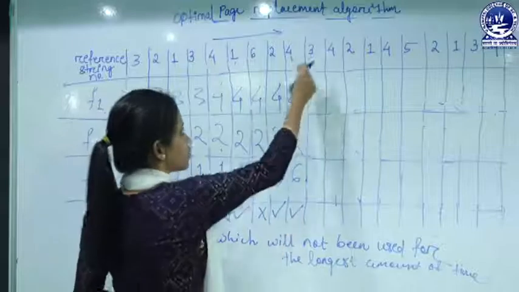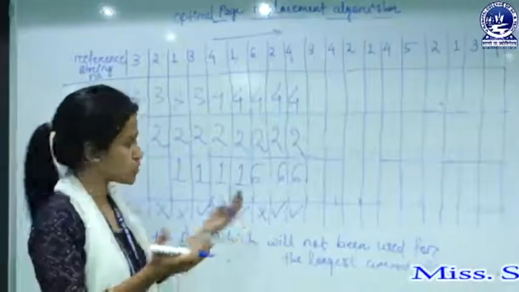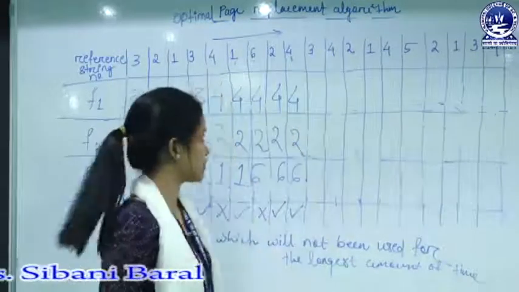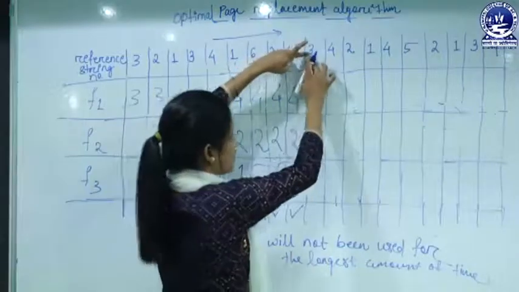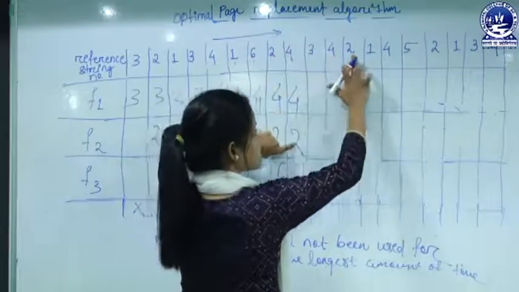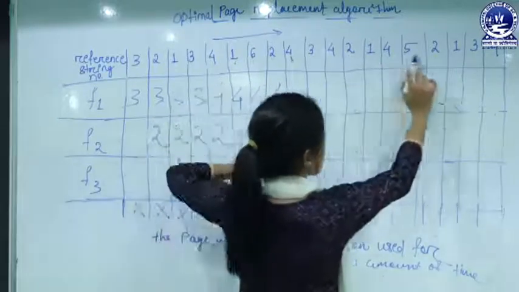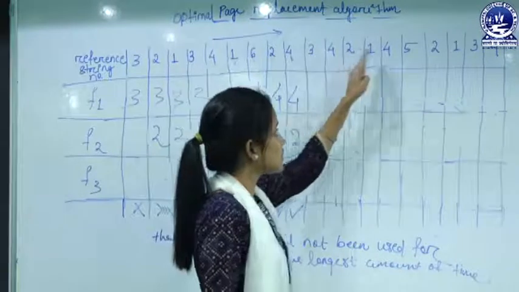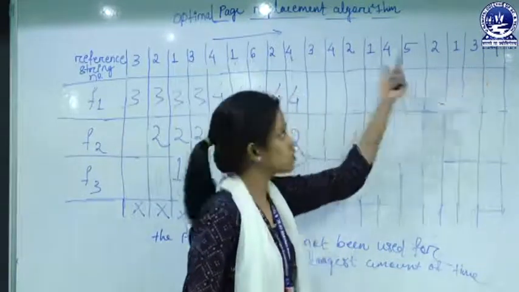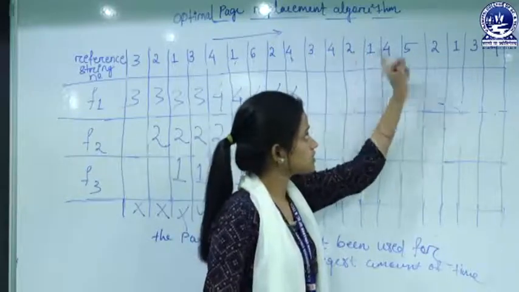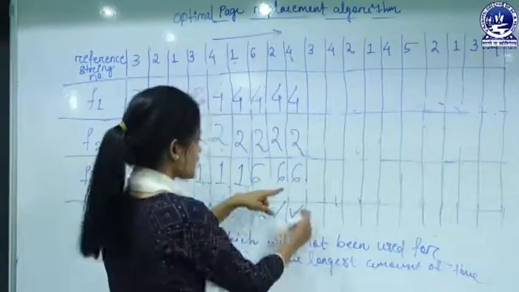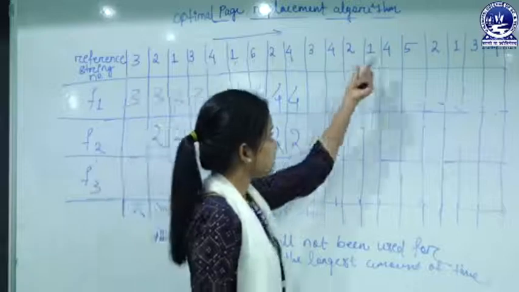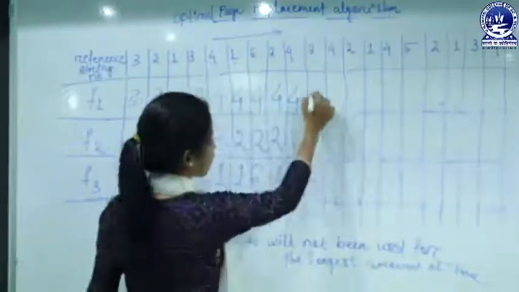Now 3 is to be swapped into the main memory, and one number is swapped out to the secondary memory. So which number? From 3, 4 is here, 2 is here, and 6 is not there in the future approach. 6 will not be used in the future. So obviously at the place of 6, 3 has to be put, because 6 is not there in the future. Next 4 and 2.